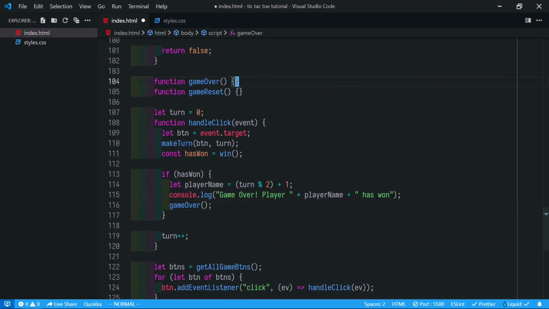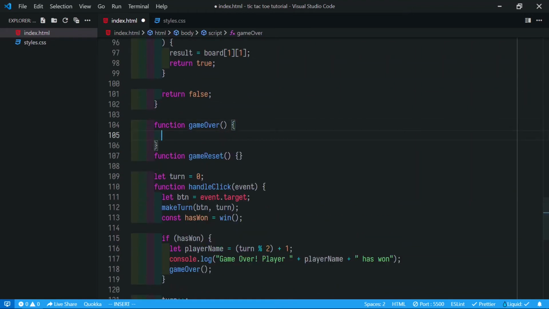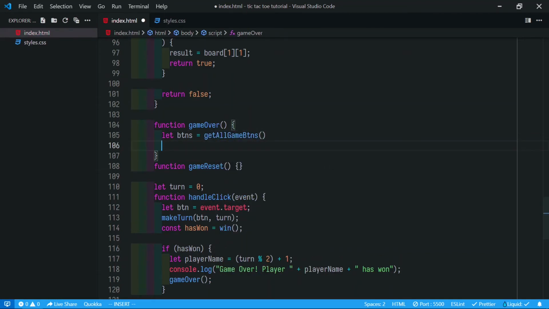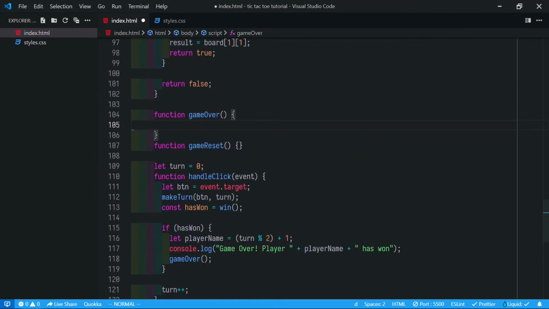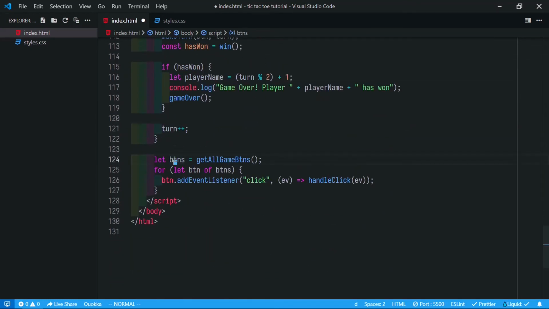Let's implement the game over function. What it does, it takes all the buttons, gets all buttons, and loops over them. Okay, we already have all the buttons right here.